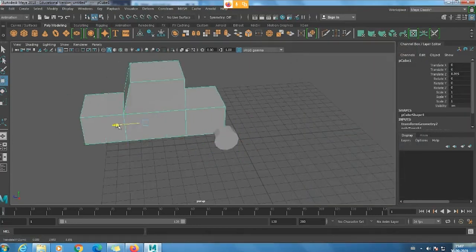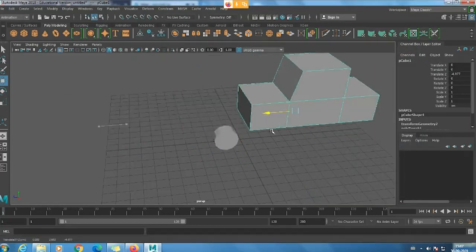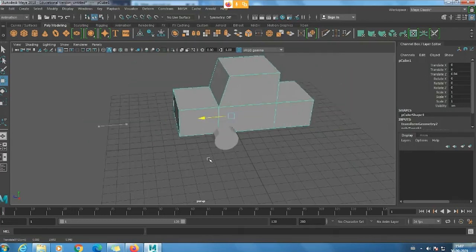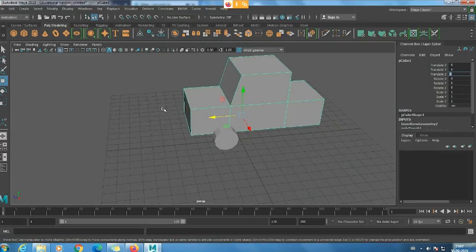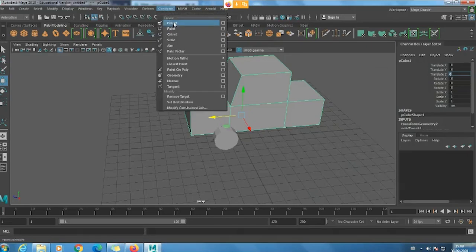So now you can see when I just move this object, the wheel is rotating, but of course it is not moving with the object. You have to just use that constraint. Do you remember that constraint? All this parent, point constraint, orient constraint, and scale constraint. Yes, sir. Okay, so use this particular constraint.